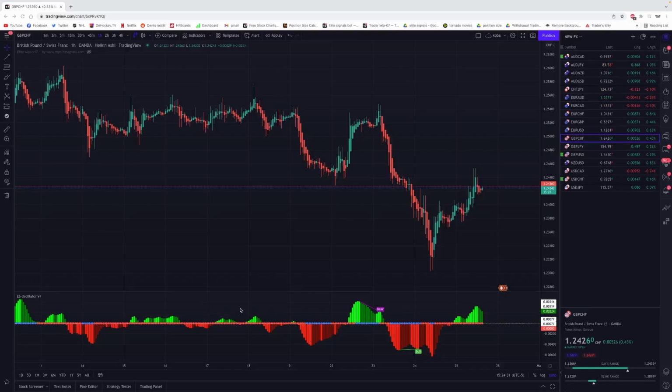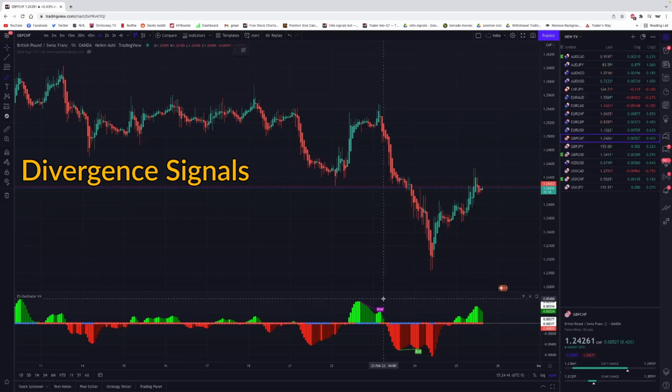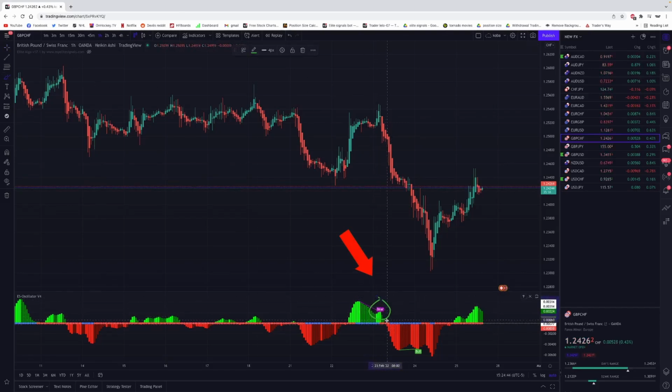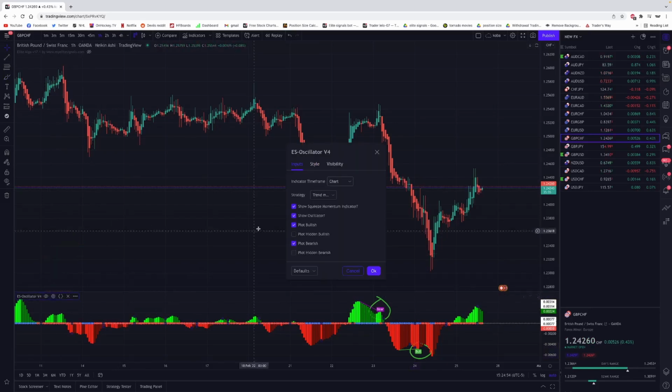Okay, so now that you understand the basic functions of this indicator, we want to talk about the divergence signals, which are the bearish signal and the bullish signal given inside the oscillator, which we can see right here. We got a bearish signal right there and a bullish signal right here. Now, how do you activate these signals? Very simple, guys. You simply want to go back into the settings of the oscillator, click this settings icon, and make sure that plot bullish is activated and